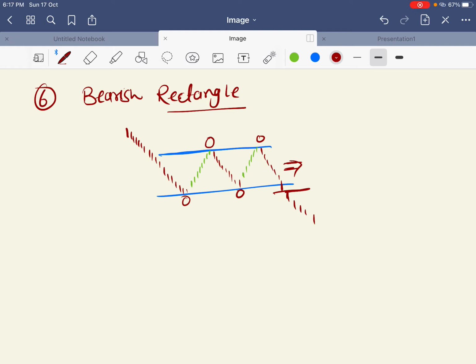In the next video I'll take some live examples from the chart and I will discuss some screeners from where you can easily find these chart patterns. You do not have to make much analysis to identify those pattern. There are some screeners that can help you identify the formation of these pattern. So we will discuss those in the next video.